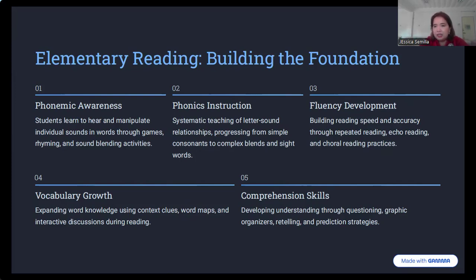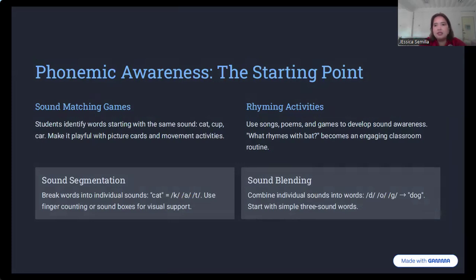They need to know how to organize their thoughts, note taking, graphic organizers. They need to know how to retell stories. They need to know how to predict what will happen to stories that they are about to read. So if you're going to look at it, there are so many strategies utilized by teachers at the elementary level, because the struggle here is that some of them are still, I mean, tiptoeing on how to read or perceive symbols and connect them with comprehension. All right. So again, phonemic awareness is the starting point so that students will understand it.